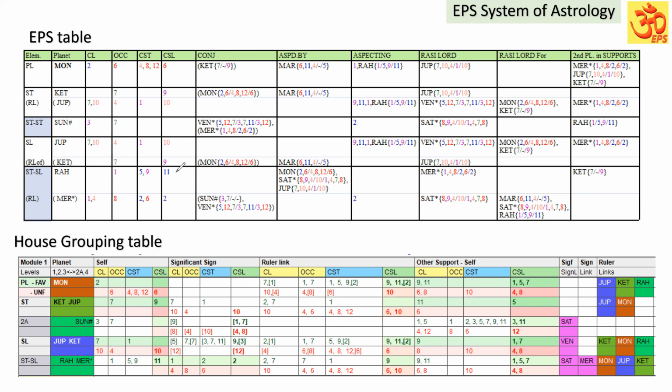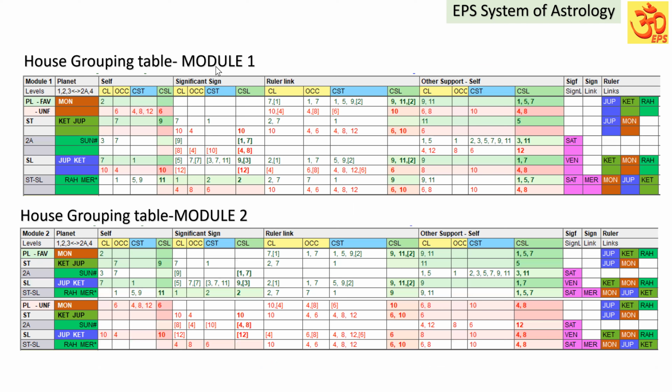In house grouping tables, we can see module 1 here. Module 1 means each planet's favorable and unfavorable are shown one below the other for each planet. Let me show you and discuss module 2. Module 1 is favorable and unfavorable of each planet shown one below the other. That's what we discussed in the previous slide. In module 2, to enable the user to